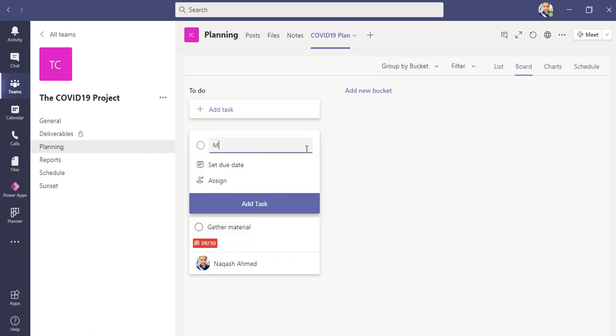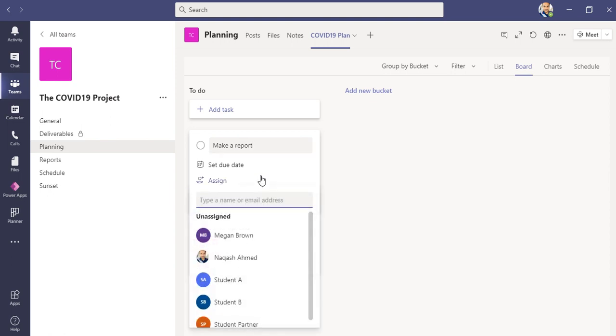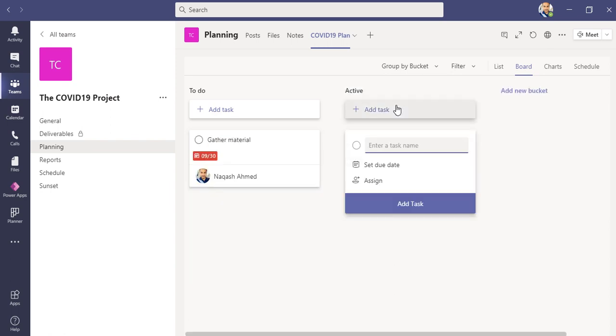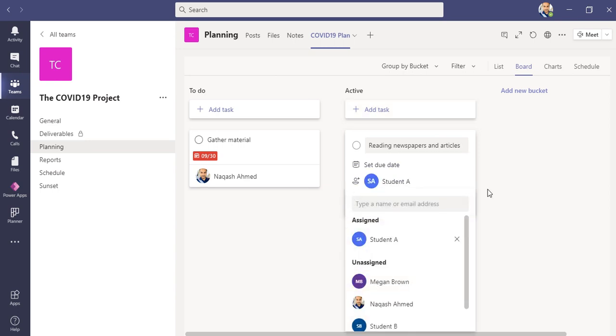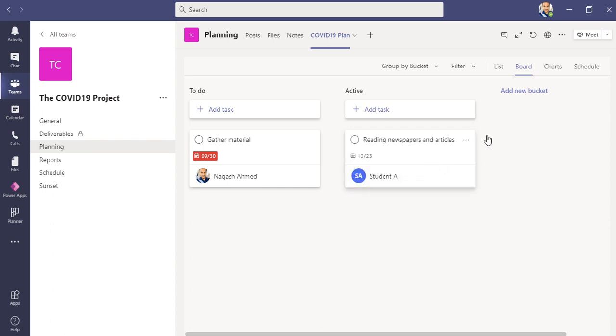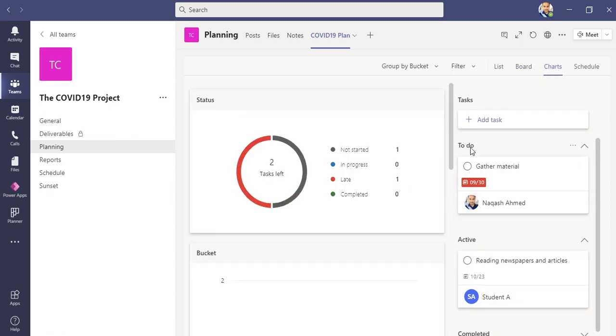Okay, make a report, and you can assign it to anyone else. Okay, I can add a new bucket, active, and I can take any other tasks. Okay, and I can assign it to student A, set the due date as 23rd, add tasks. Okay, you can add a new bucket simply like this, and you can see the charts of my plan and